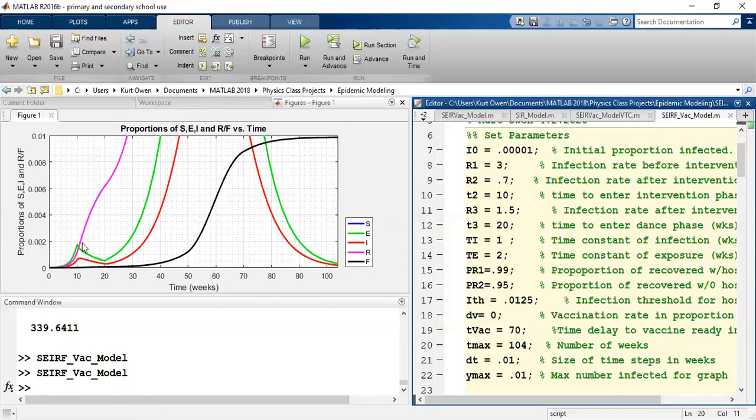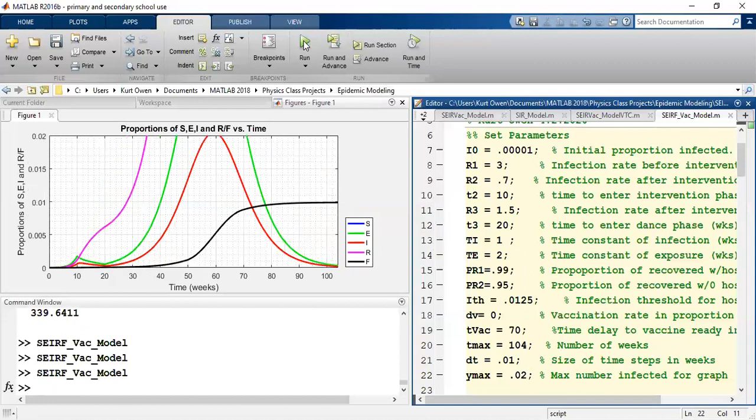We can see that compared to the peak that we have now, that second wave was way too high. So let's bring that R3 value down further. Okay, in fact, let's look at how high that is. I'm going to make Y max go up to 2% of the population. Oh, and we can almost see the peak of the curve. But clearly, if we get up there, we're in big trouble compared to where we are now.